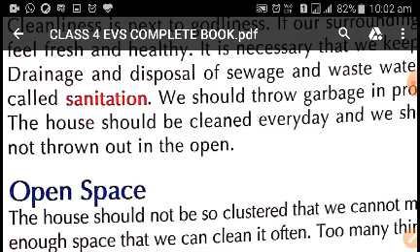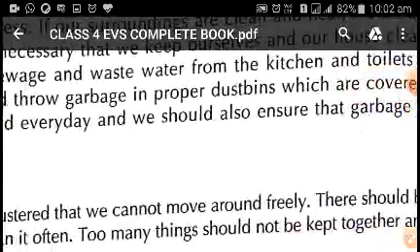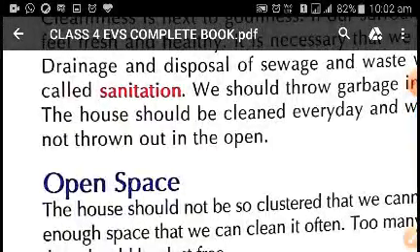And also the house should be cleaned every day, and we should ensure that garbage is not thrown out in the open. As I told you, throwing garbage in the open leads to various kinds of diseases. So it is not a good habit to throw the garbage in the open.